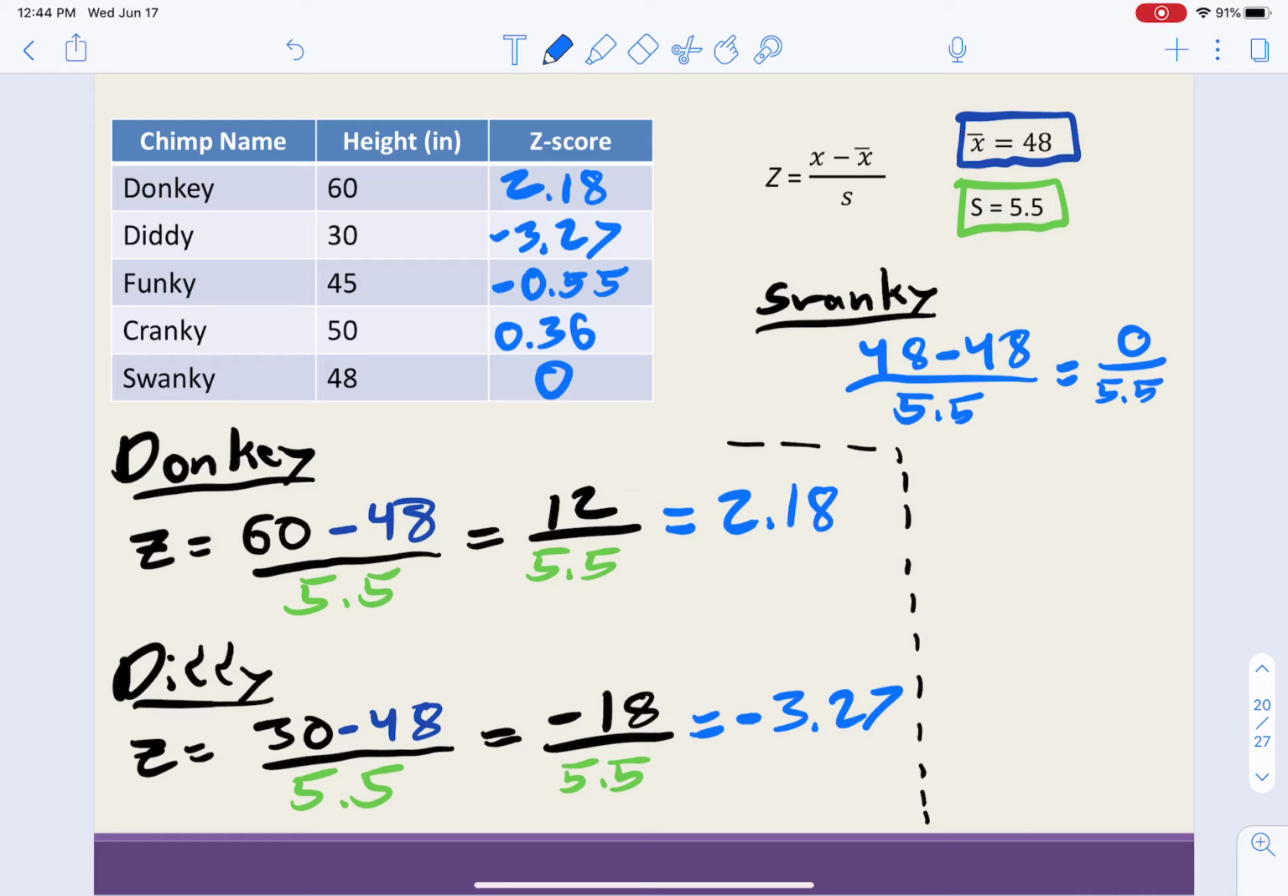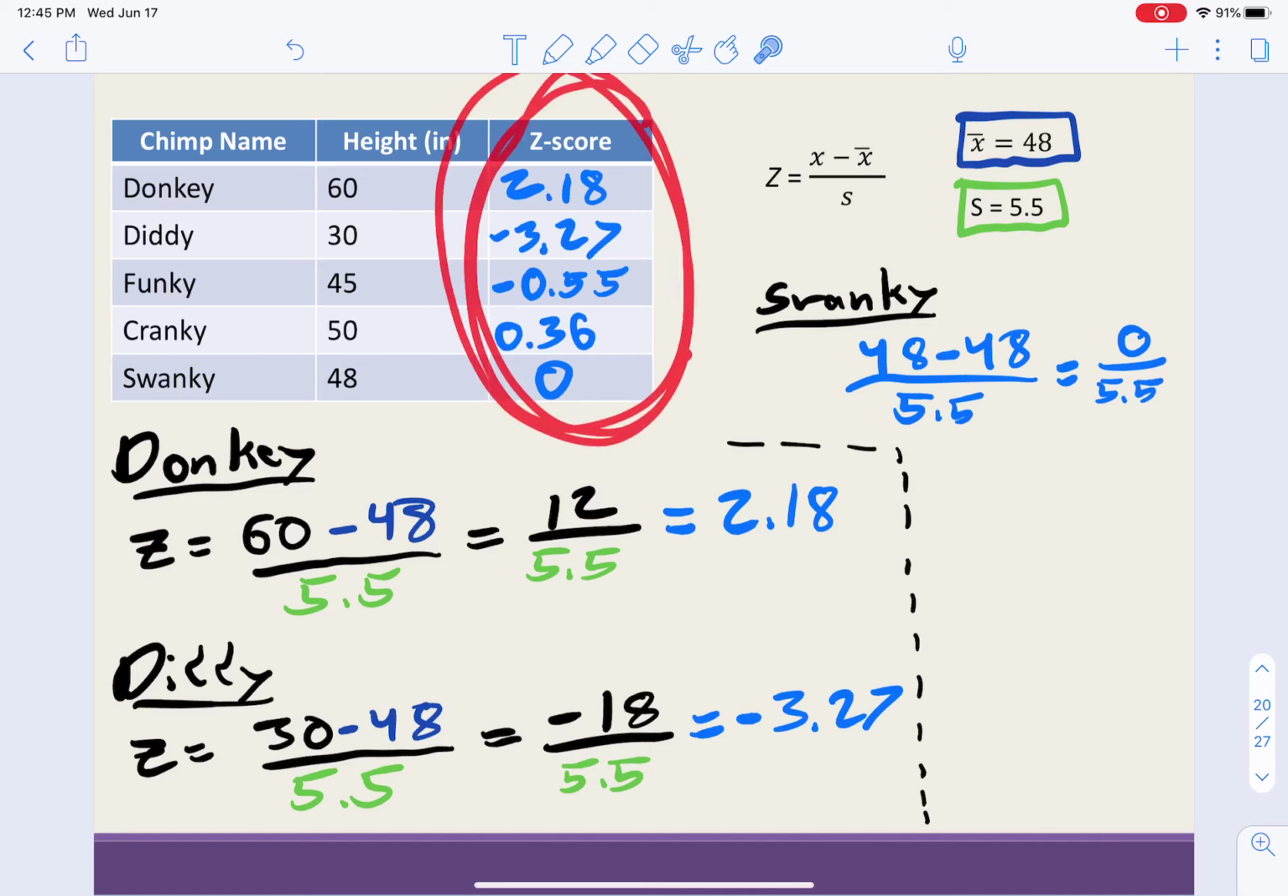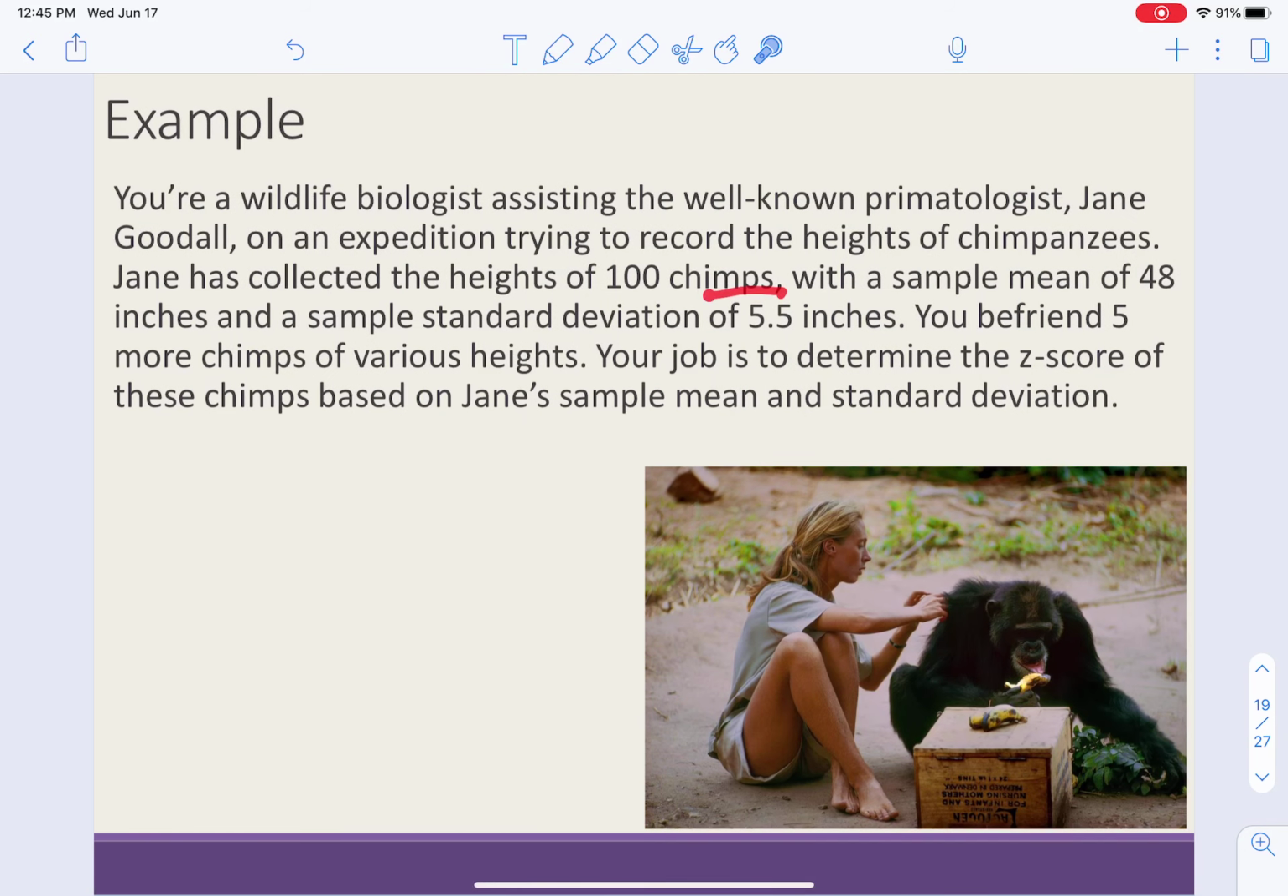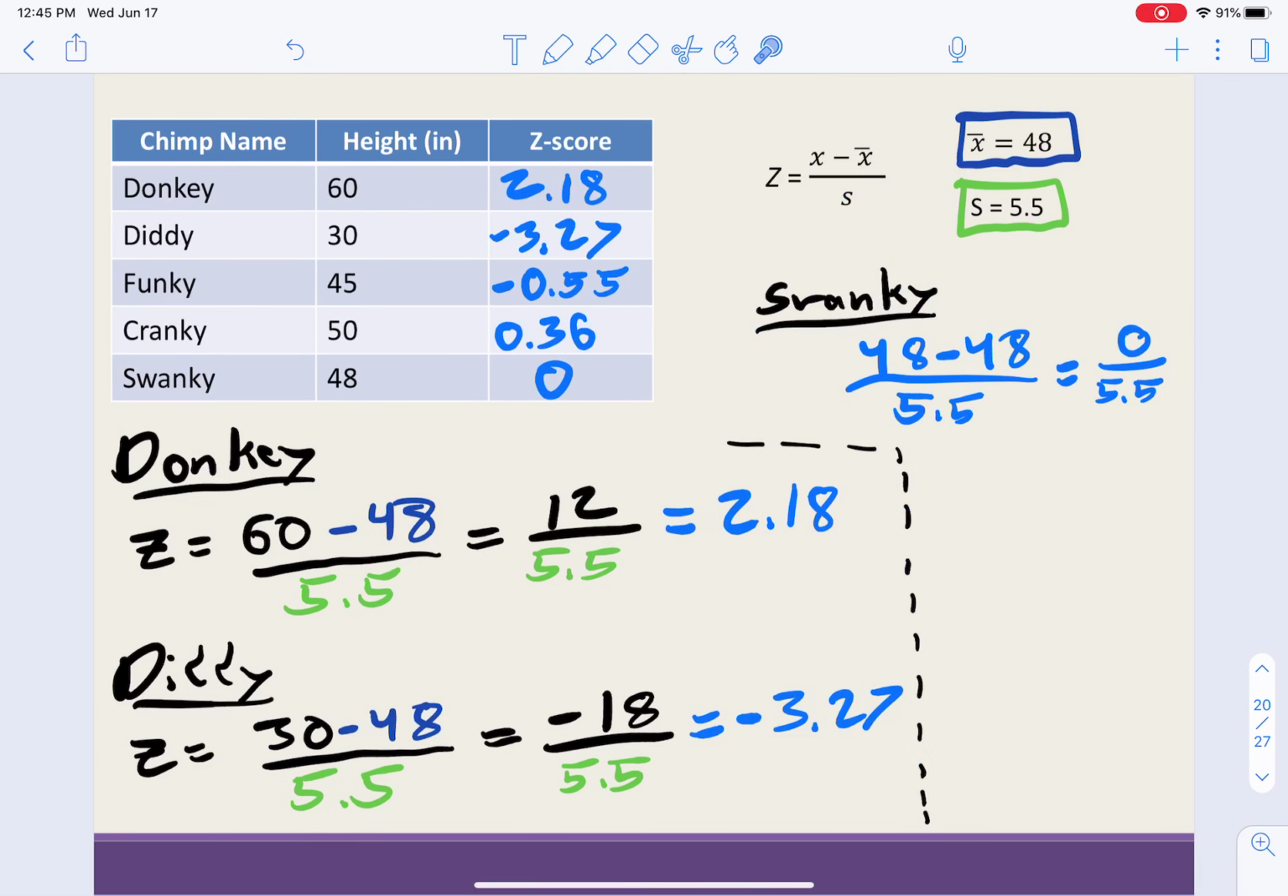Okay, so what does this tell us? Well, this tells us, sorry, not absolutely, this tells us relatively how our sample compares to Jane's sample. Okay, all right. But how do we know that any of these are special? Okay, well, if we recall,